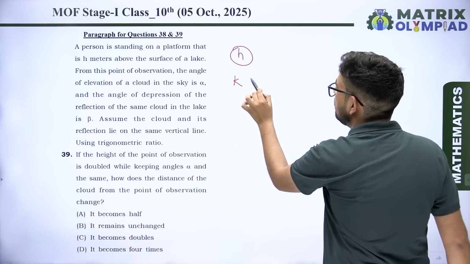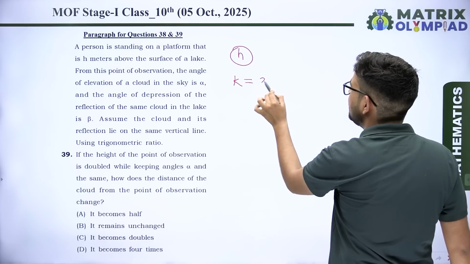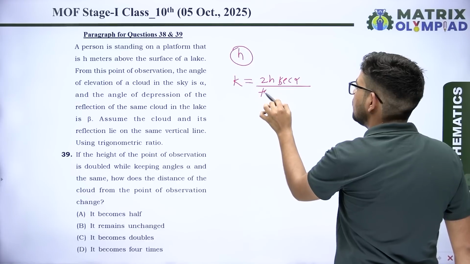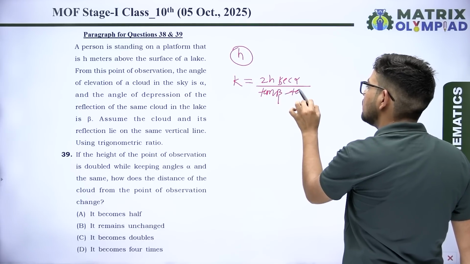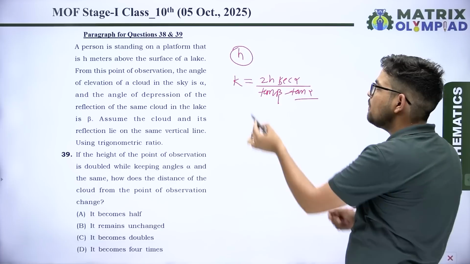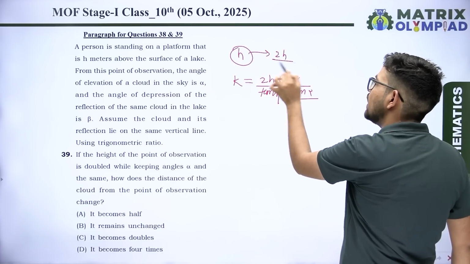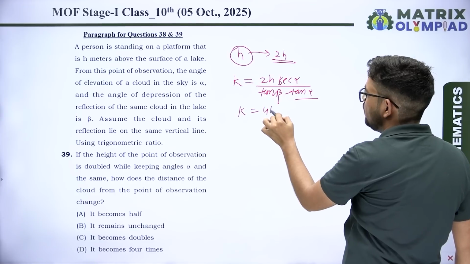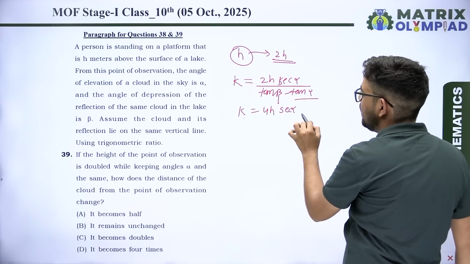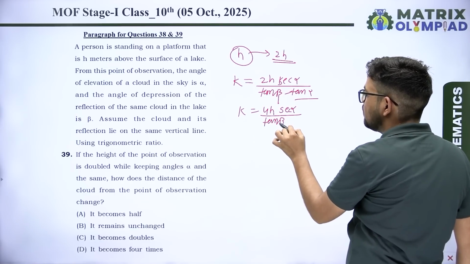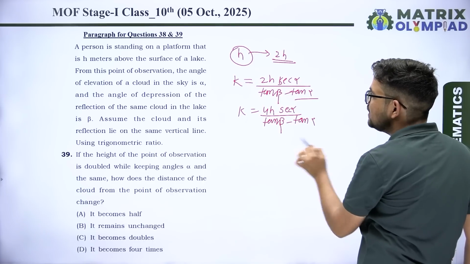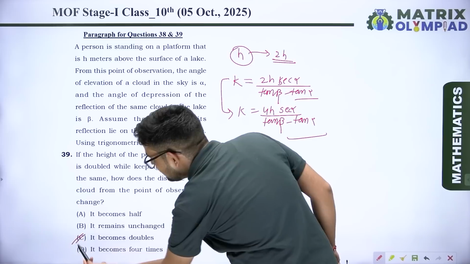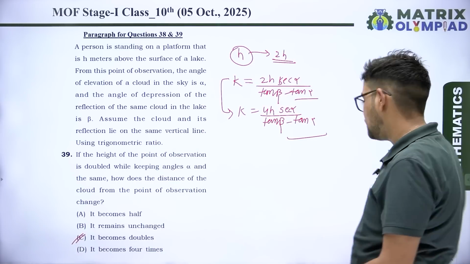तो आपके पास में जो क्लाउड की डिस्टेंस आई थी ऑब्जर्वेशन से वो आई थी k इक्वल टू 2h सेक अल्फा अपॉन tan बीटा माइनस tan अल्फा। अगर आप हाइट को डबल कर दोगे, h का 2h कर दोगे तो k इक्वल टू 4h सेक अल्फा अपॉन tan बीटा माइनस tan अल्फा हो जाएगा। तो k भी डबल हो गया, यानी क्लाउड से ऑब्जर्वेशन की डिस्टेंस भी डबल हो जाएगी।